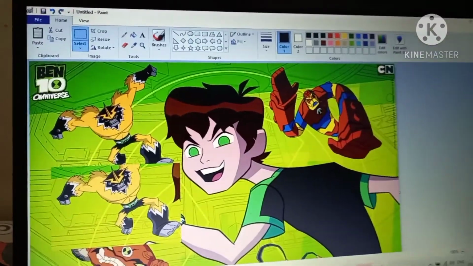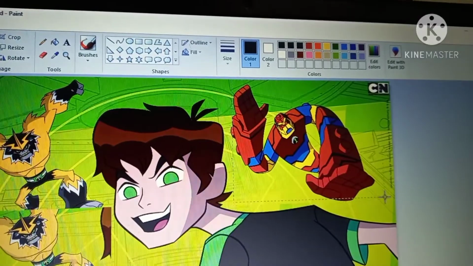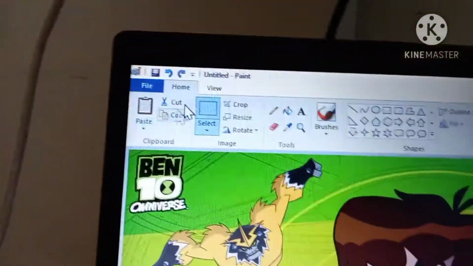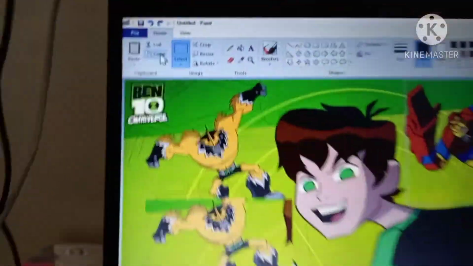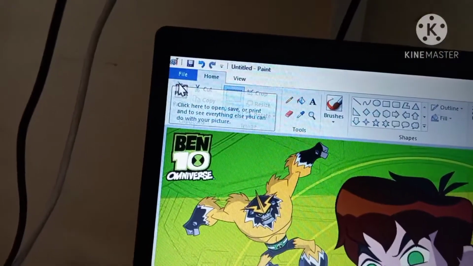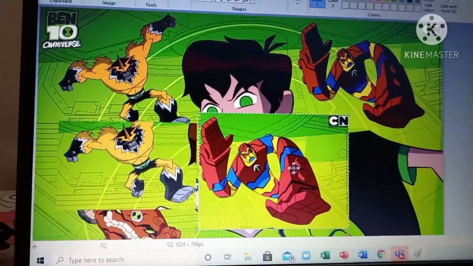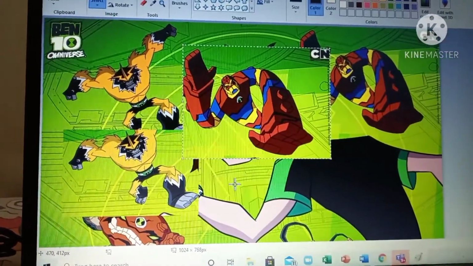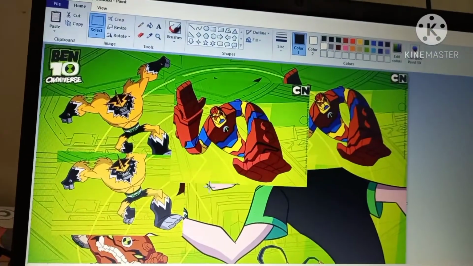Again we will do it, suppose how to copy. First select. Now suppose this one I want to select. You can see this one I want to select. I have selected. Then what will I do? I will go to copy. Then I will go to paste. Okay, see, this is how I paste, right? So you must have understood by now how to copy and paste.